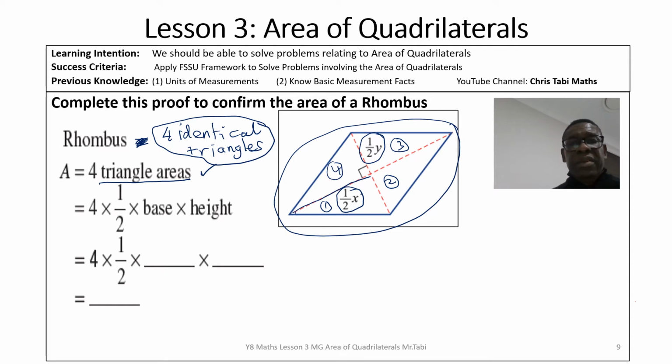That's the formula. So let's do the substitution here. The 4 here means we have 4 triangles, and we're multiplying by the area of one of them because they are all identical. They're all going to be found from the base is half